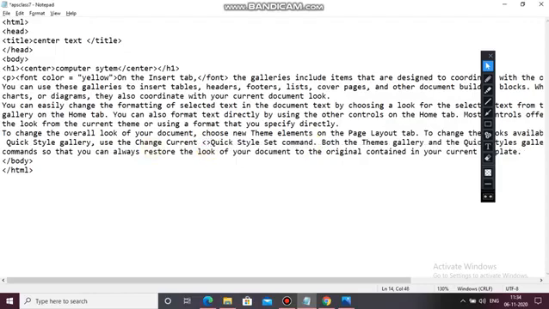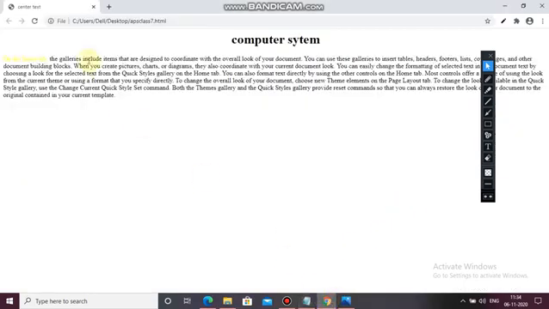Write font color equals to red, or again hash 8080, close it, backslash font, Control S. See here, it hasn't changed.